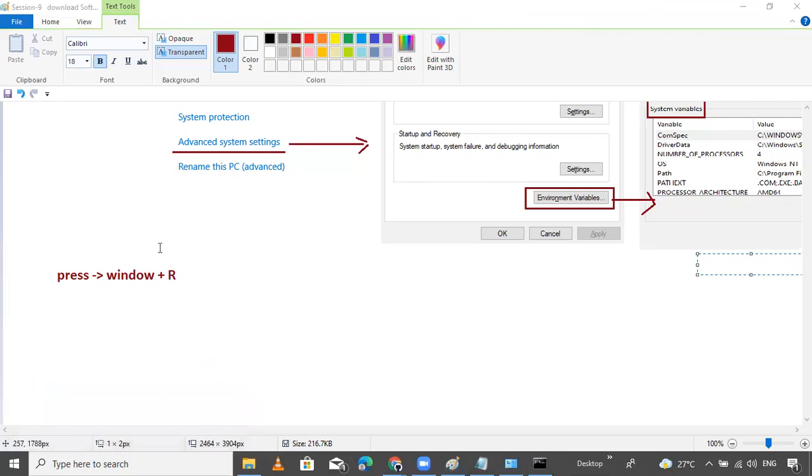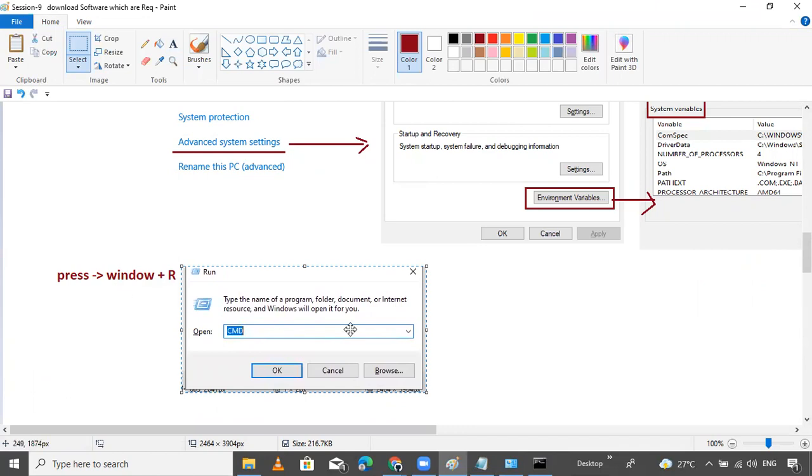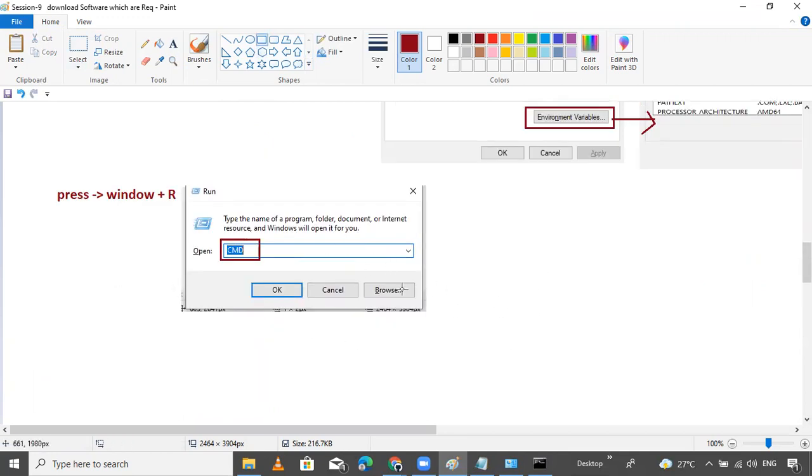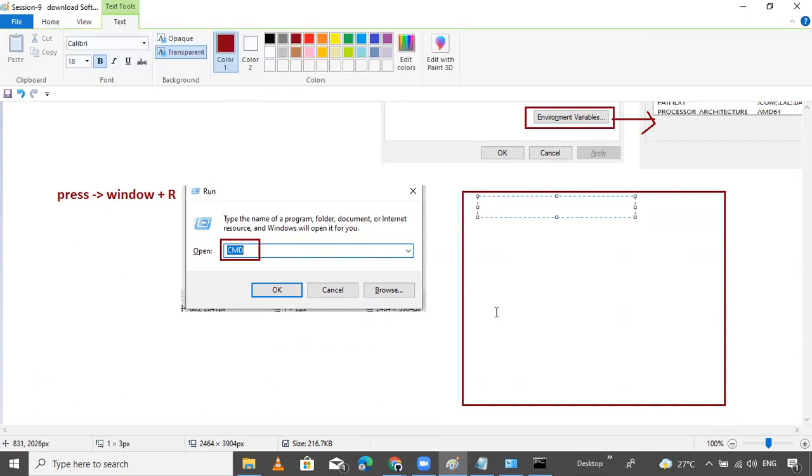You will get this type of dialog box. When you click this, you will get this dialog and type here. Enter CMD. When you enter CMD, then the CMD prompt will open. Okay. Then inside the CMD prompt, suppose this is the CMD. So here, there is the CMD, like the user is there.